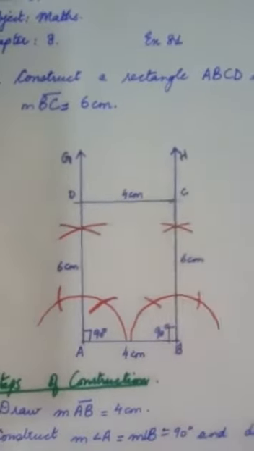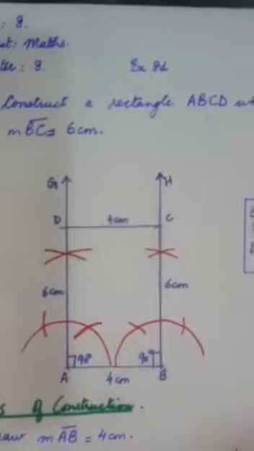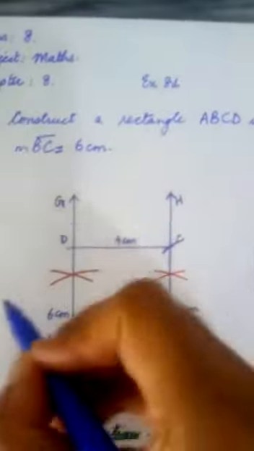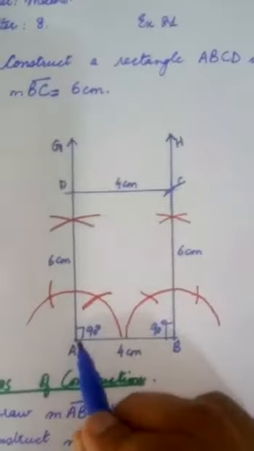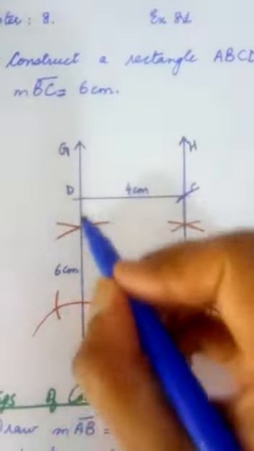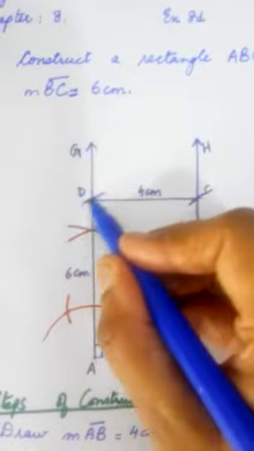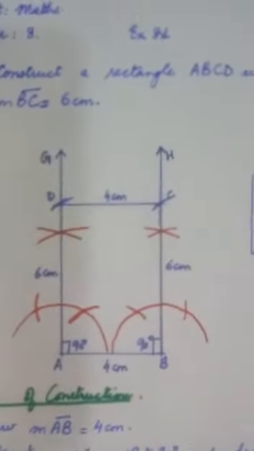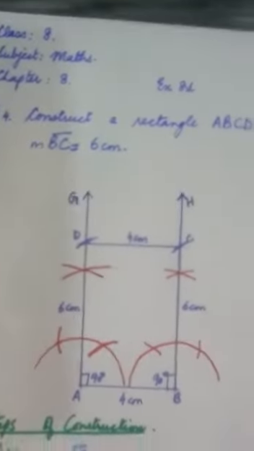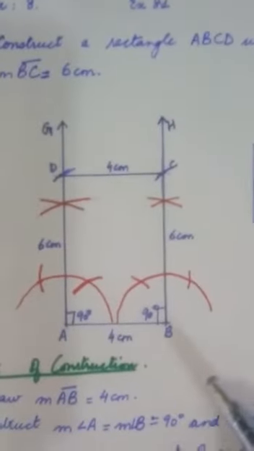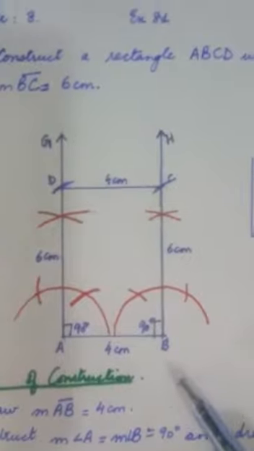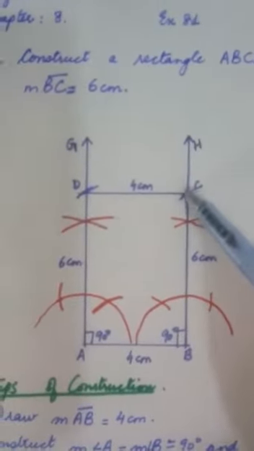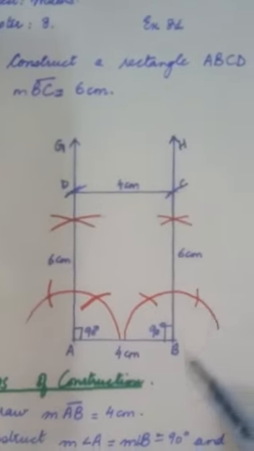As you can see, it should be 6 centimeter here, and then take point A as a center and draw an arc which will again be 6 centimeter, which will intersect it here at point D. And after getting the arc, you have to draw the lines starting from point B, passing through G as it is already extended.